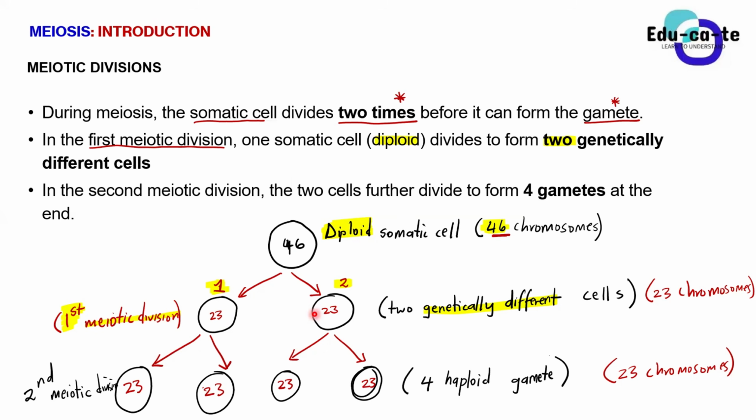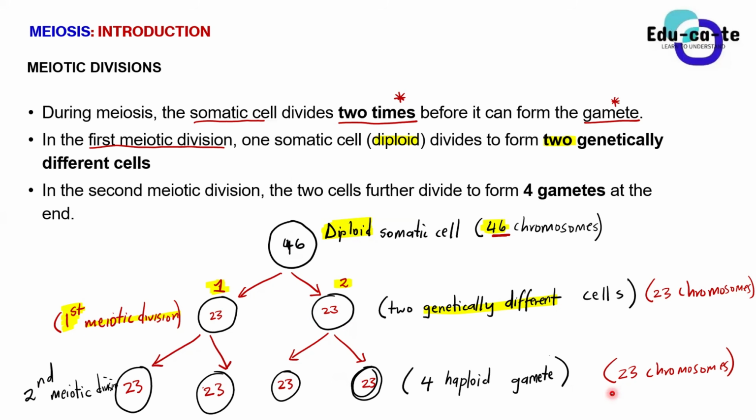I think Sam says this makes sense. 46 has split into 23. What about these ones that have split again, 23 and 23 and 23 and 23? How did we end up having 23 chromosomes in each and every one of those 4 haploid gametes? That is the question that you guys would have to wonder